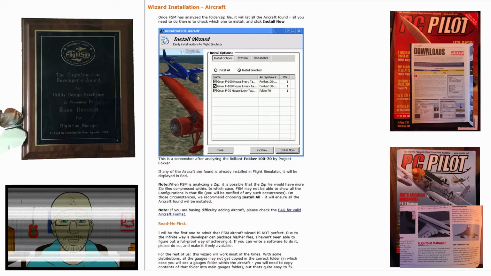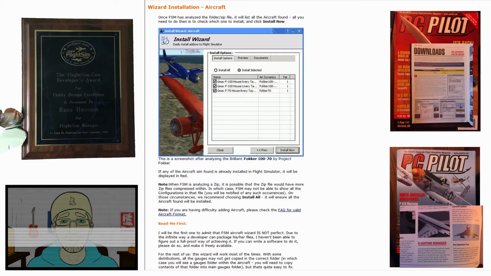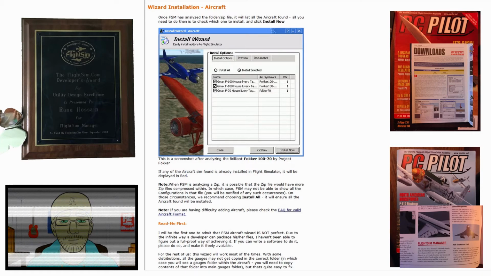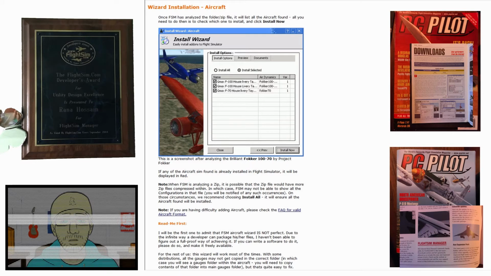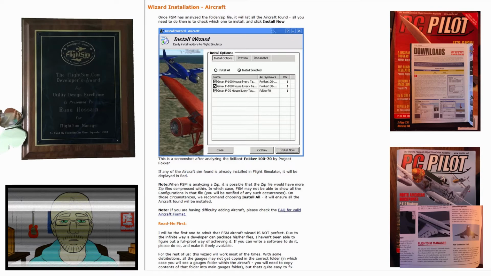While installing aircraft using the wizard, FSM will verify the integrity of the chosen aircraft. Once verified, FSM will copy all the required files to the right destinations. If unable to locate any required file, you will be given an option to locate the file yourself. This can happen when the developer has not supplied all the files. Normally, you can ignore most sound and effect files. However, in most cases, ignoring the gauge will either crash the flight or display holes in the panel.